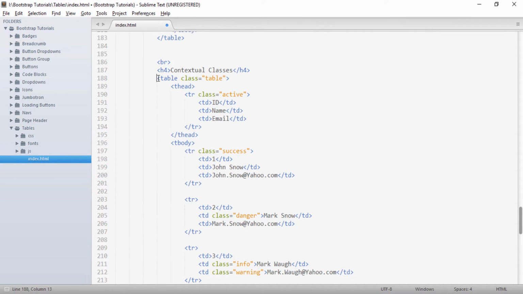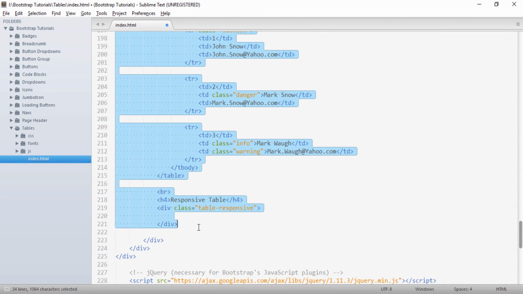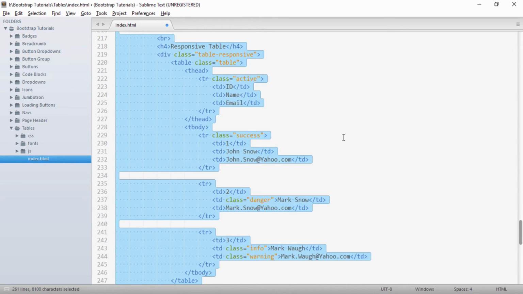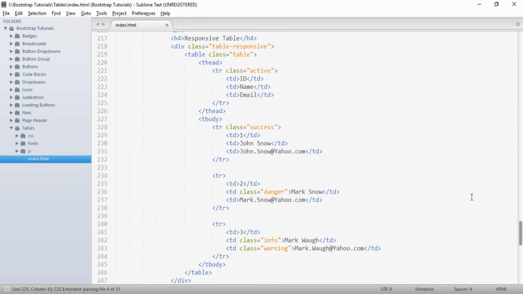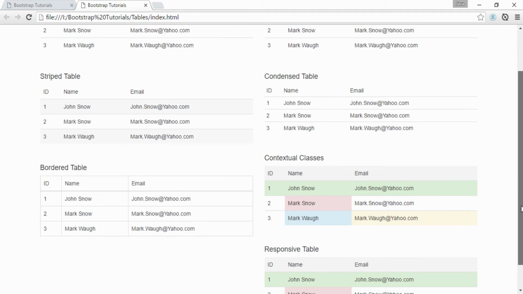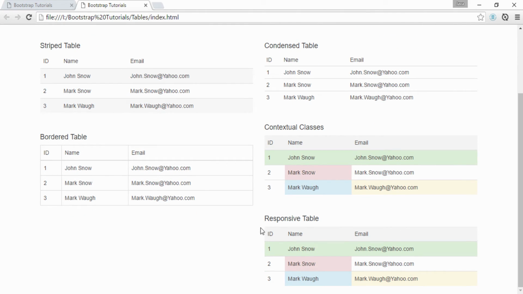So I will just copy this and paste it here. That's it. If I just save it and go to the browser, you can see a responsive table here.